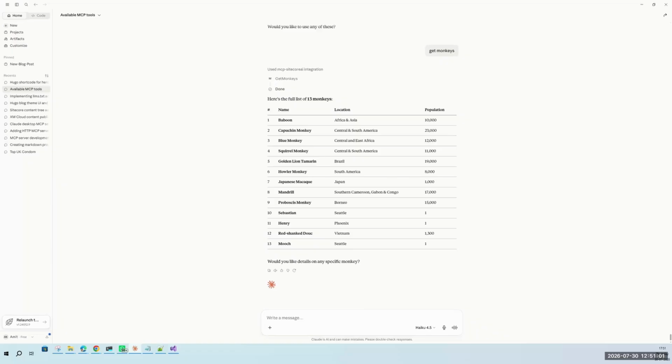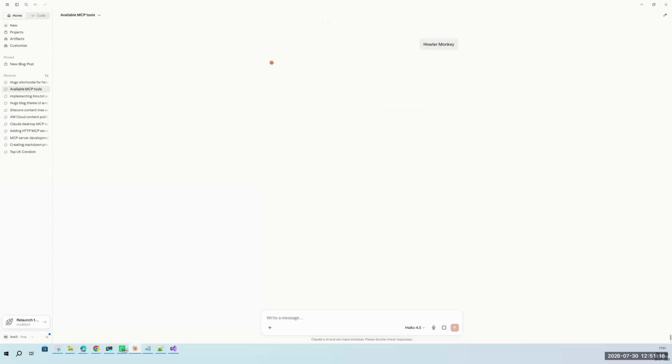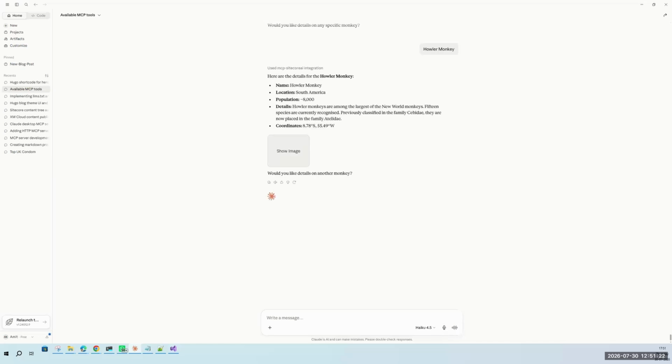That is one of the features of your agents also. Suppose I copy this and say a monkey, it will automatically go and fetch the data for that monkey. That way you can create any set of tools.